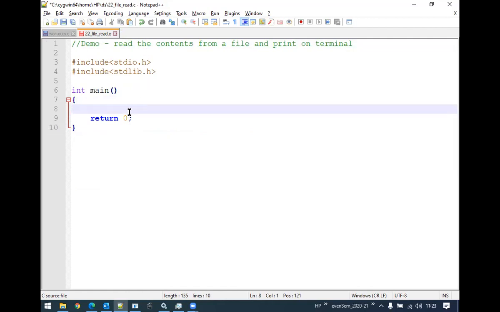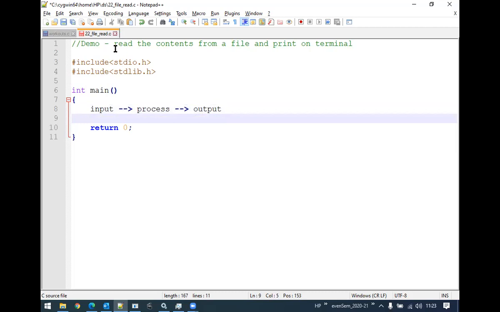This is the basic idea: first the input operation, then the process, and then the output operation. In this program, the input is a file, processing will be done by the program, and output will happen on the monitor.